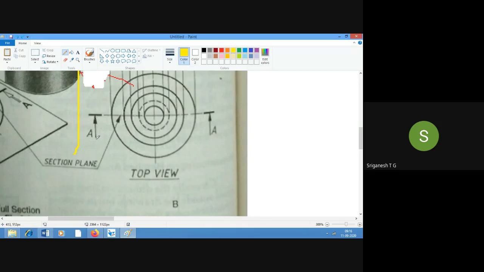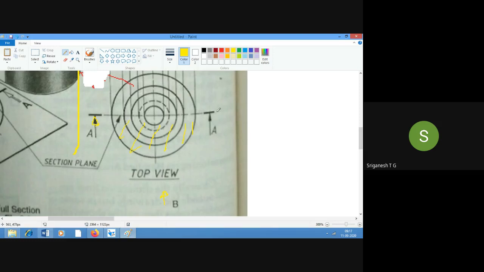an arrow mark. The arrow mark will be in such a way that, after the sectioning plane, which is the retained portion, we are looking in front view from here. So this particular portion we are going to remove after cutting it. So how will it be represented?